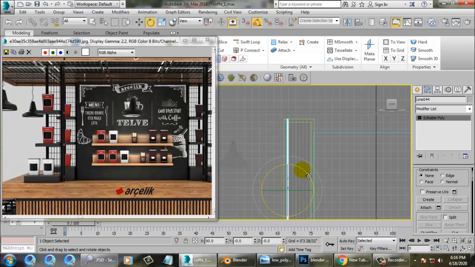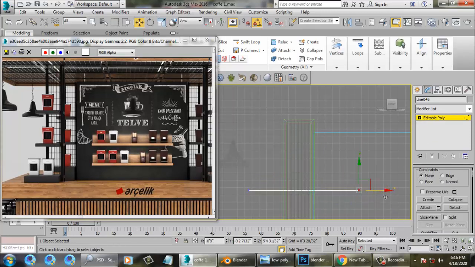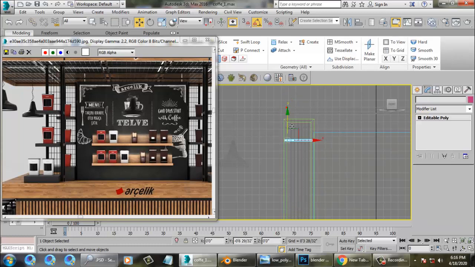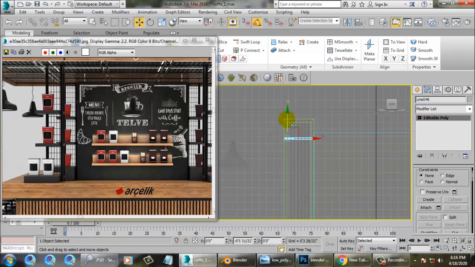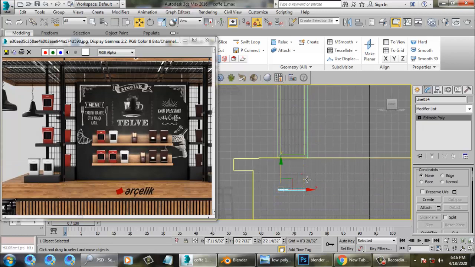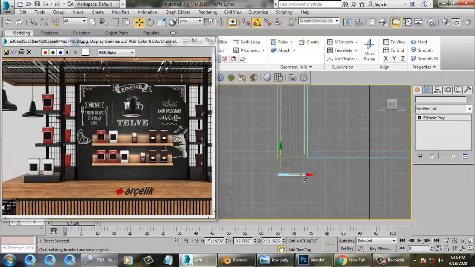Again rotate it, scale it, vertices, push this over here, push it up, shift and drag and make the copies. As many copies as you want to make, you can make.